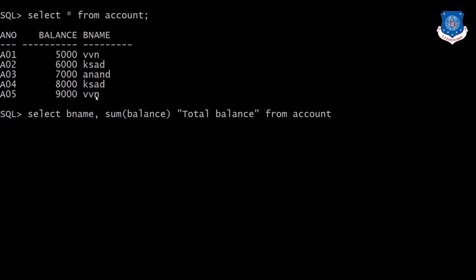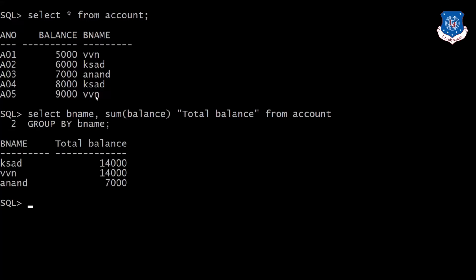So the group by clause groups records based on distinct values for specified columns. In other words, it creates a data set containing several sets of records grouped together based on a condition. Group by bname. See the output now. You have the balance of Karamsad 8 plus 6,000, 14,000. You have the balance of VVN 9 plus 5,000, 14,000, and Anand 7,000.